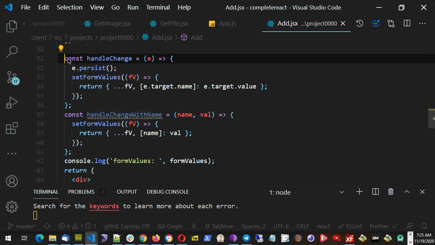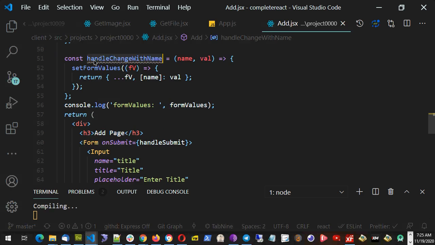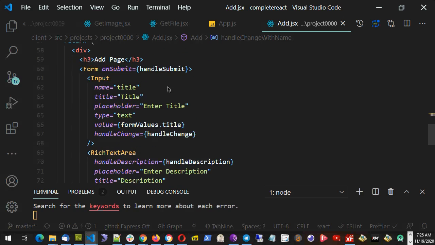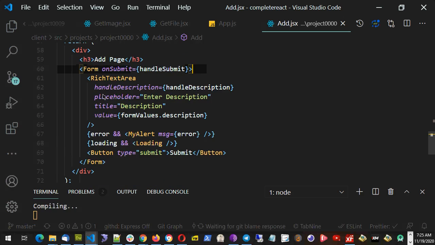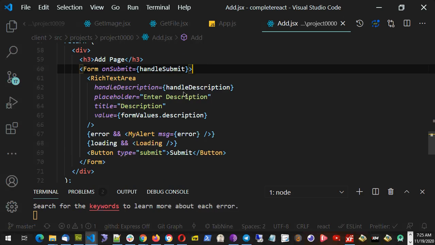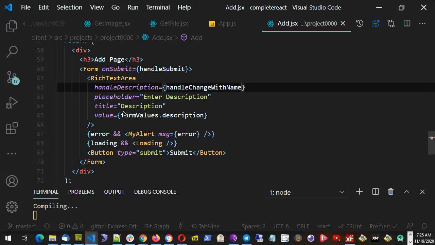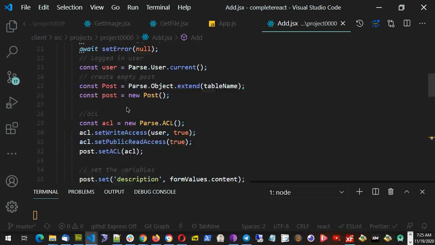Since I will be using only description, I don't need this handle change now. So I'll delete the handle change, and I'll use this handle change with name in my page. I will delete the input box also. So in the handle rich text area, I'm passing handle description. Now I'll replace it with handle change with name. But I need to pass